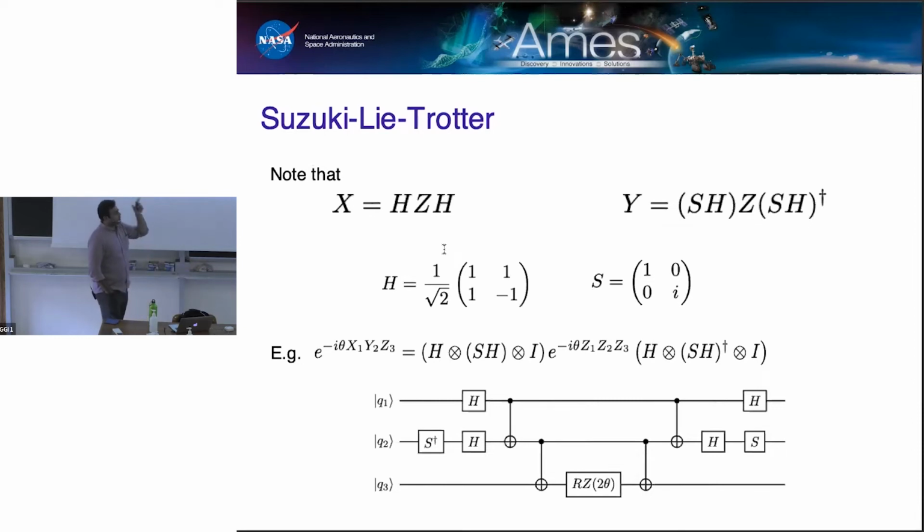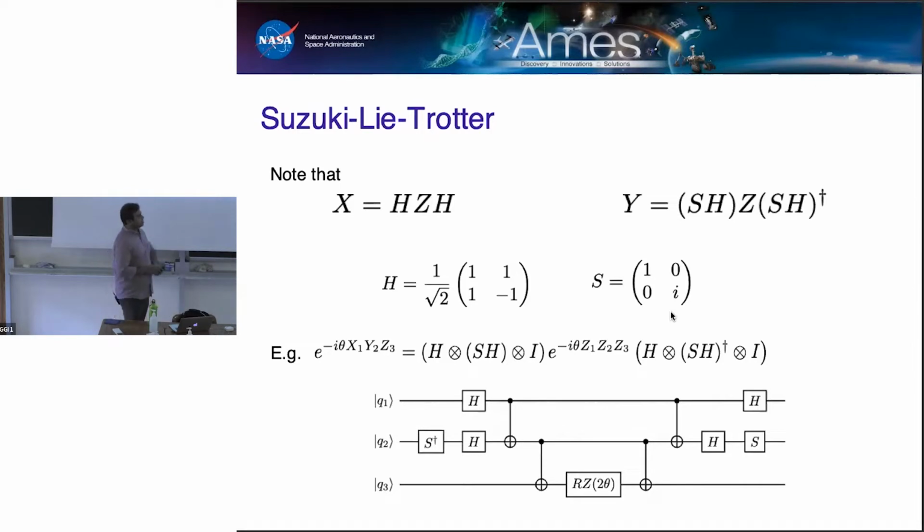Okay, so that takes care of e to the minus i theta ZZ, or Z1 through ZK. How do we do this for general Pauli operators? Well, it's a very small step from here. Basically, we just note that you can apply single qubit operations to diagonalize any Pauli operator and put it in the Z basis. So, for example, X can be diagonalized using the Hadamard gate, and Y can be diagonalized using the Hadamard as well as this S gate, which produces a phase of i on the one state.